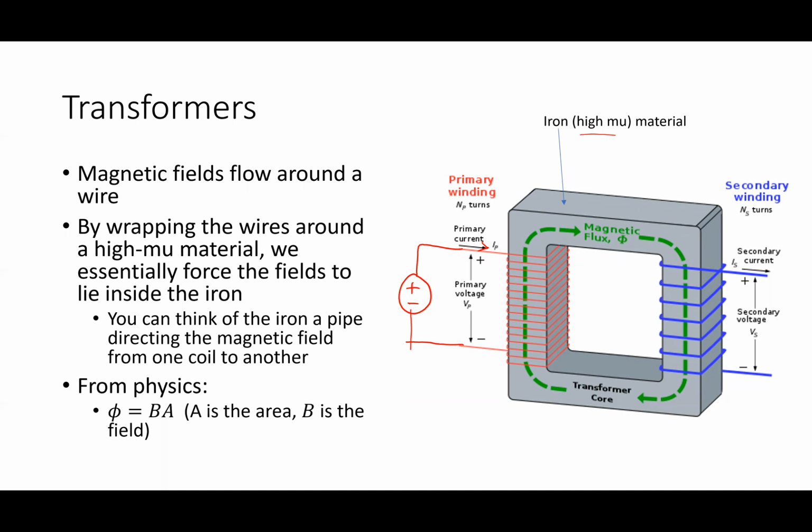High mu materials like iron are really good at making sure the magnetic field gets to its location, right? That's why we use it. It's just like copper in an electric circuit. In an electric circuit, copper gets the electrons to the load. A magnetic material like iron gets the flux, or the field, over to its destination, which in this case is the secondary. Okay, that's the ideal. It's not as good at delivering the flux as copper is at delivering its electrons, but it's pretty darn good.